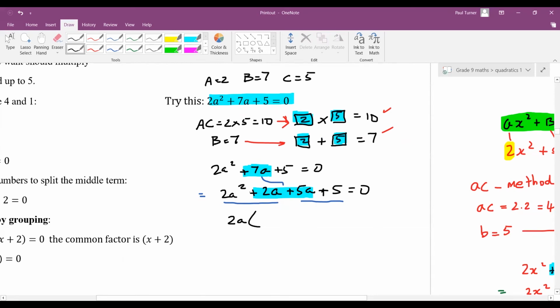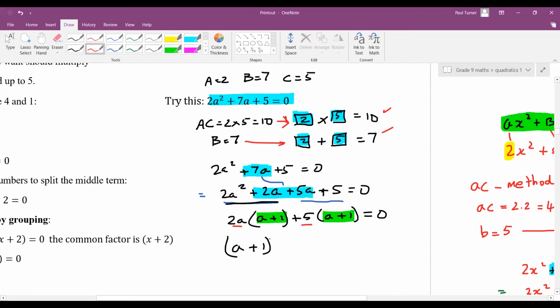Then I've got a plus 1 from this first pair here. Okay. And then the common factor of 5a plus 5 is 5. A plus 1 equals 0. So 5 times a, 5a, 5 times 1, 5. So now your common factor is a plus 1. So I'll write that in the front like that. And I'm left with